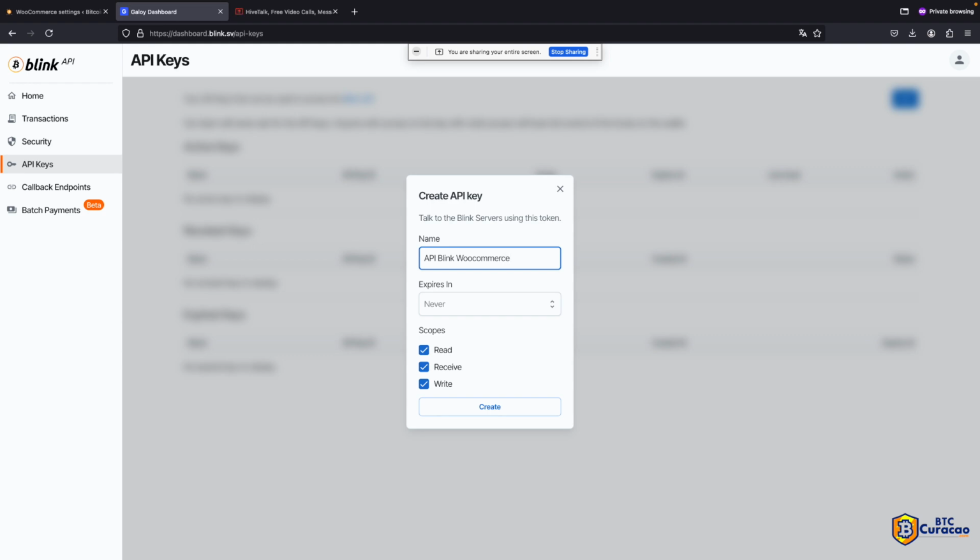You can have many APIs. So I'm going to make this expire never expires, and I'm only going to say read and receive, not write, because the read and receive means that you are only going to be receiving funds through this API key. If you click write, you can also use the API key to send transactions, but for your shop what you need is only read and receive. So this API key is special. I'm going to create this API key,